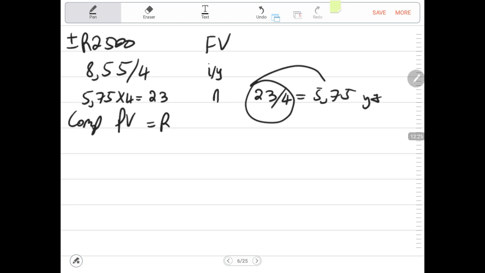Now, we said 23 is N, or 5.75 times 4. You press N after. Then after we say compute present value. Then our present value amount, you just recalculate that again. Plus minus 2500 is our future value. Then we say 8.55 divided by 4. Don't forget that is our I. Then we say 5.75 times 4 is our N. And we compute our present value. Now our present value becomes an amount of